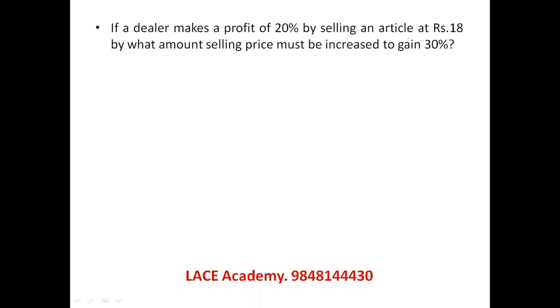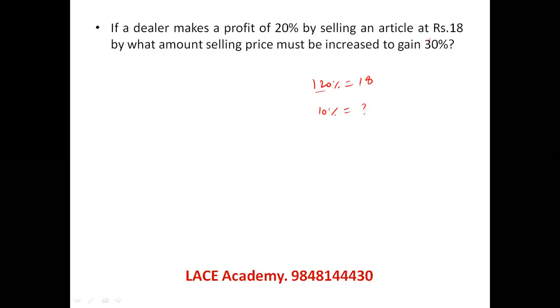A dealer makes a 20% profit by selling at 18. Profit of 18, okay. He wants a 30% profit. So 120% is equal to 18. You can say 130% equals how much if you want to find out, or you can say what is 10% equal to, because you need an extra 10%. He's asking how much the selling price must be increased to get the gain. So 120% is 18, because the selling price is 18 and 20% profit is there. Then 10% is how much?